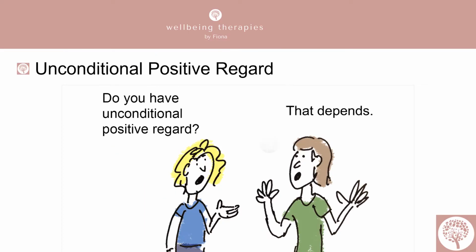So let's remind ourselves about what unconditional positive regard is. UPR is when you accept someone with no conditions or judgments. It is easier said than done, and each of us will bring our own experiences, our own values about what's right or wrong, and sometimes we will find ourselves judging our clients. This is not the client's issue, this is ours.